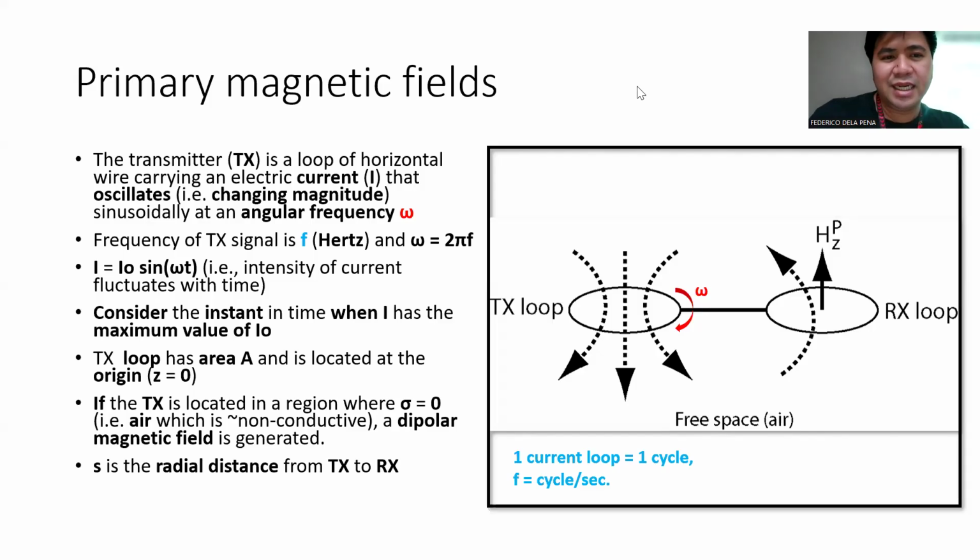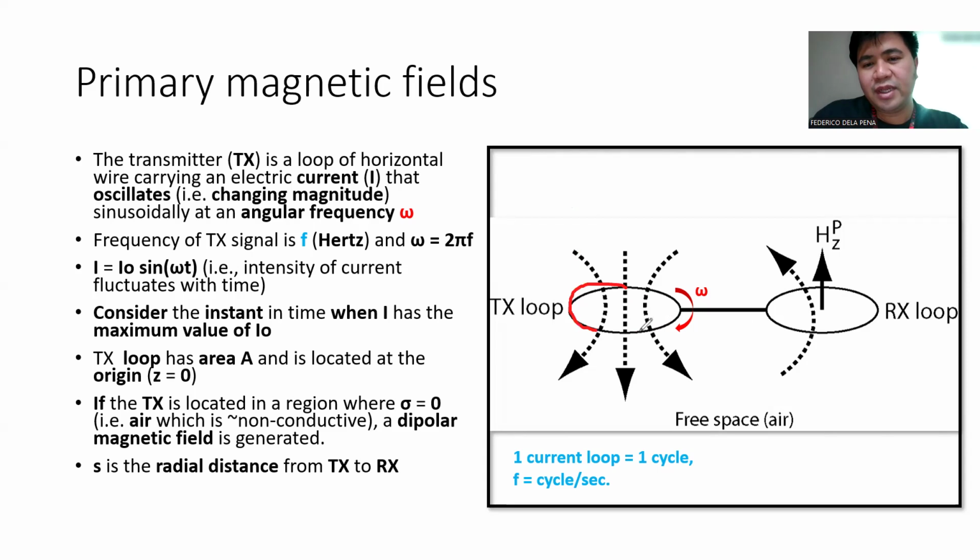Hey, you don't need to absorb anything from here. We're just going to define a few things here. So if we look at the transmitter from a closer perspective, the transmitter works by flowing an electric current. So this is a physical loop of wire, and you have a power source somewhere, and it's supplying current to this loop.